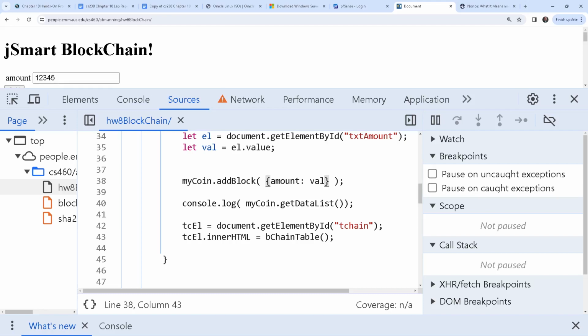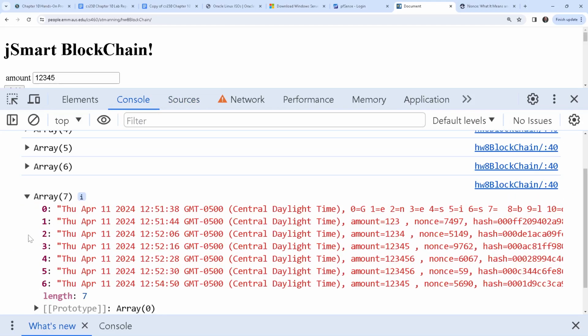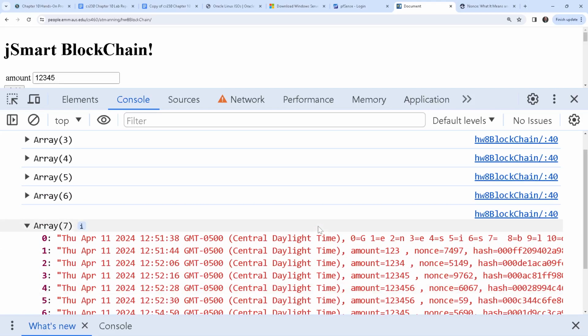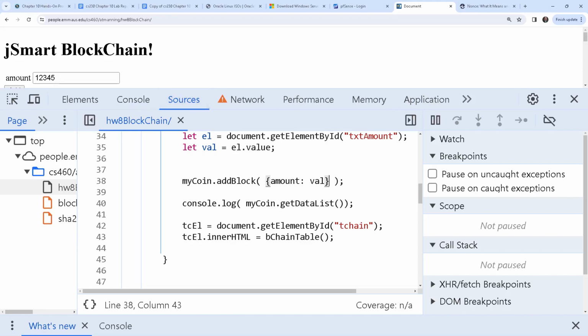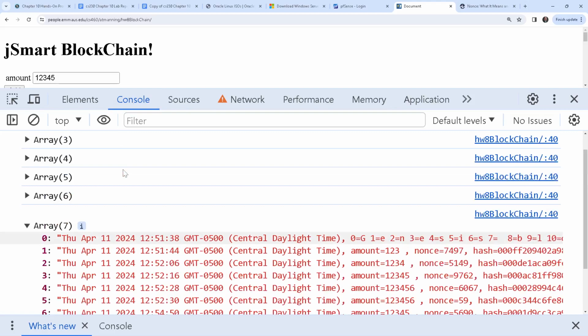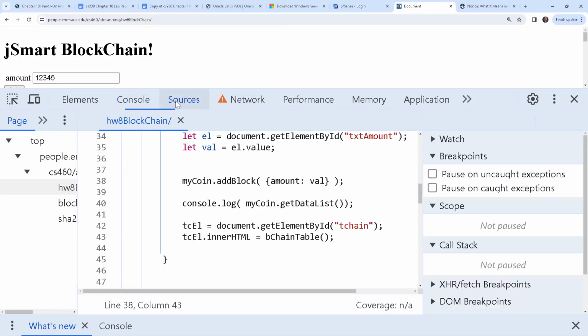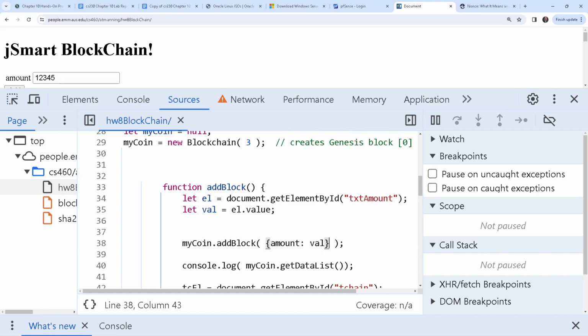A little bit of debugging. I list the data to the console every time I add a block, just for debugging. And remember, when you're debugging, you are allowed to leave console logs in there. In an official release to your customer, they're probably not going to be happy seeing a lot of console.logs, and you may accidentally be giving away security information in your console.logs. But in testing code and in the lab, it's fine to go crazy doing console.logs everywhere, if it will help you debug. I find that setting breakpoints is much more helpful debugging,